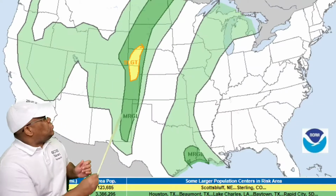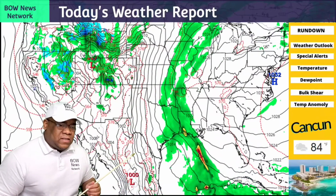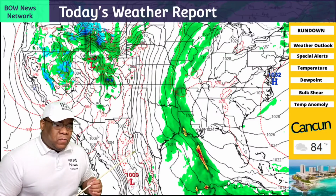As far as South Dakota is concerned, the Dakotas are already experiencing heavy rain. There has been a local spotter report of heavy rain in Orrin, North Dakota, and there are tropical force winds in the region of Scranton, Colorado, as well as northern cities of New Mexico. So there's quite a bit of intense weather across the country at this time. There's a slight marginal risk for Scottsbluff, Nebraska, as well as Sterling, Colorado,